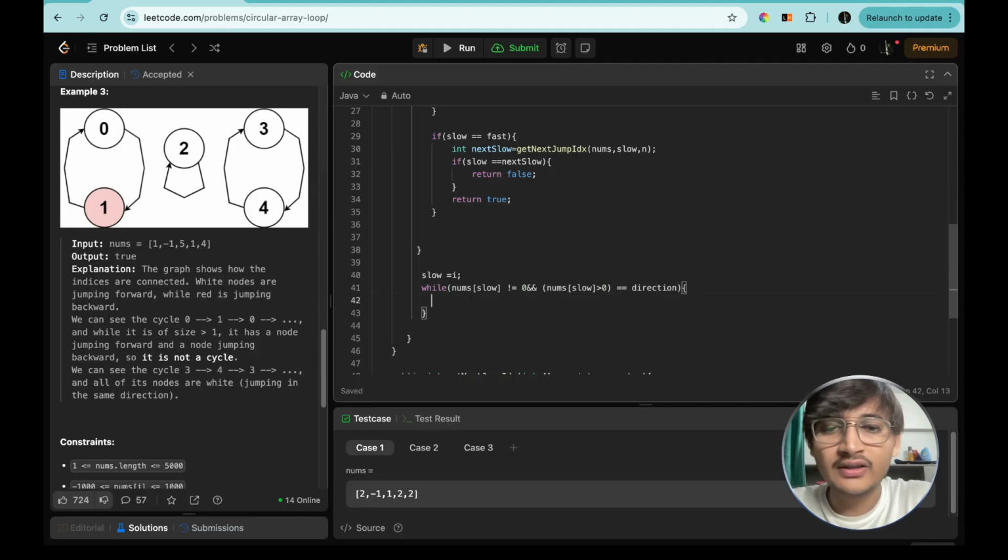So if this is the case, then we have to mark this nums of slow as 0, and then we have to point